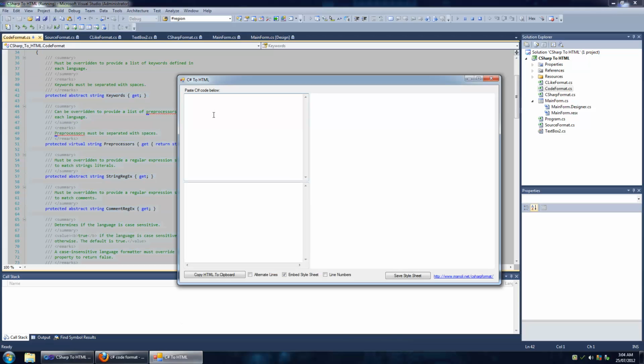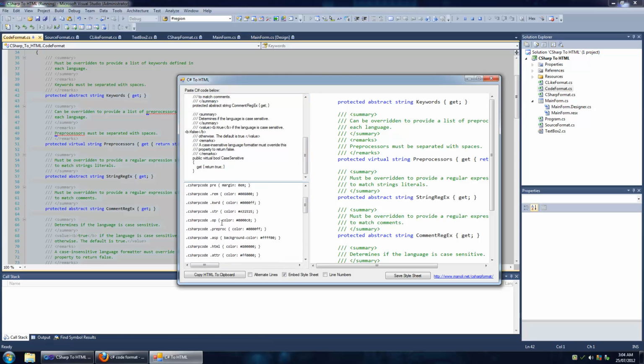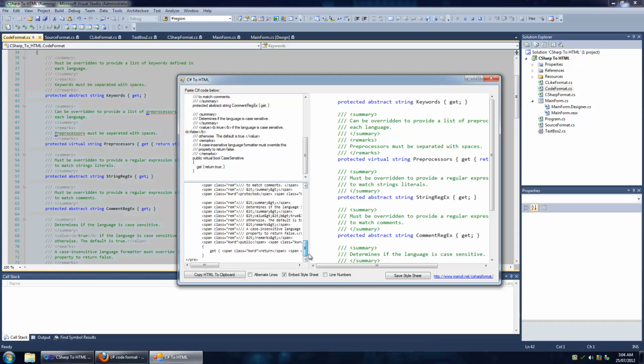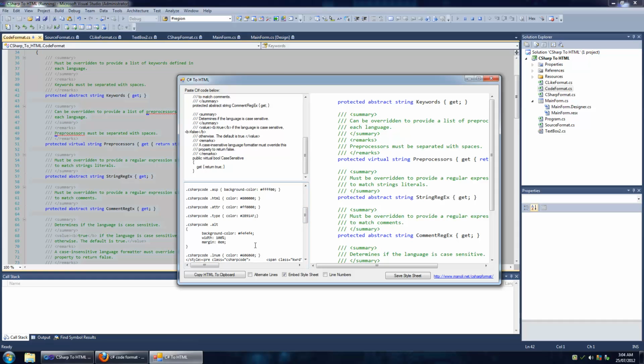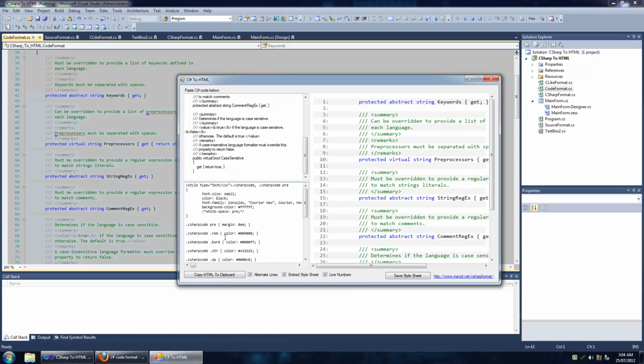So you paste the code in the top left text box. It'll update the web browser to the right for a preview, and below it you'll have your HTML code, and by default it's going to embed the style sheet. You can also specify whether or not to alternate lines and line numbers like you can on his control,